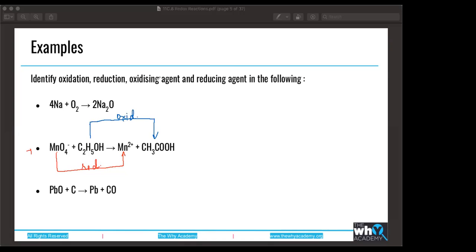So what is the oxidizing agent here? MnO4 minus is the oxidizing agent, and the reducing agent, ethanol. Ethanol is the reducing agent. Awesome. So similarly for the third one,